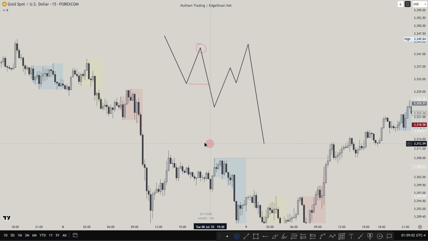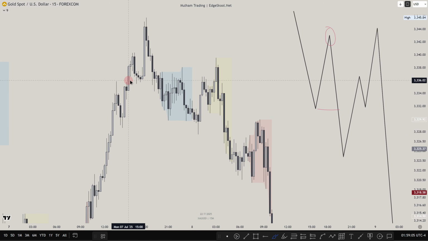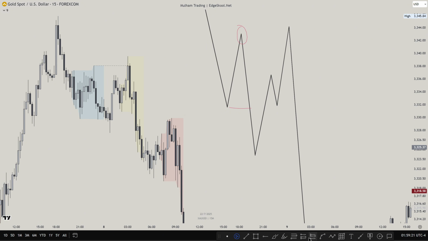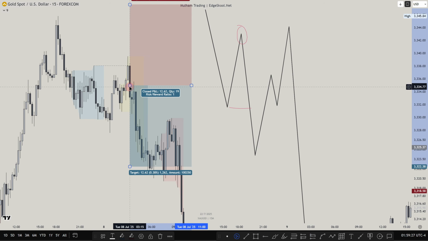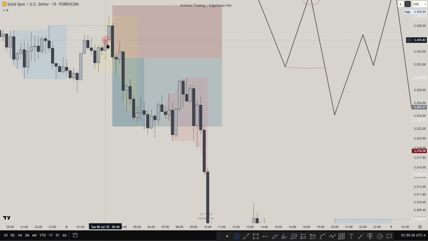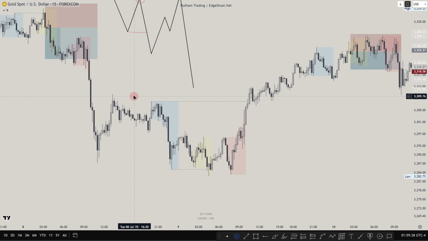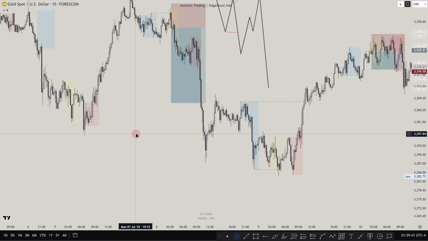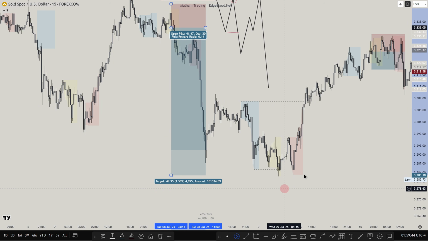So this is with the trend. What happened here is break of structure, another break of structure. This one is actually weak. I would consider this as a break of structure, high of Asia. Now what happened here is this, taking the high of Asia, not closing above if you notice, and then closing below aggressively. In this case, probably I would enter off this imbalance, or you could take this one here. Because of the size of the candle, you could have two entries, one at the imbalance and one at the closure of the candle. But this one is still huge. So 3-to-1 easily done, and then much more until this next